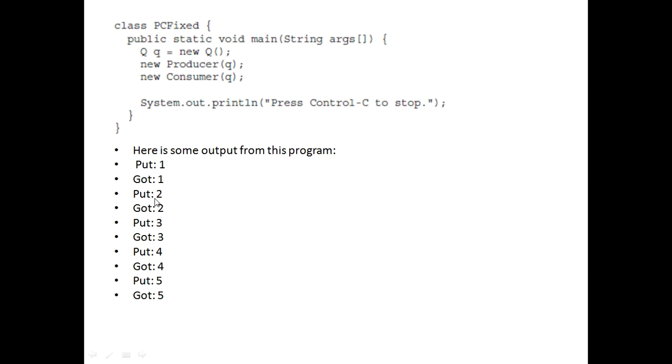Next the producer has produced the second item, the consumer has consumed it. Third item produced by the producer, then consumed by the consumer. Fourth item produced by the producer, fourth item consumed by the consumer. Like that you will be able to get the output, and this is possible only when you make use of wait and notify.